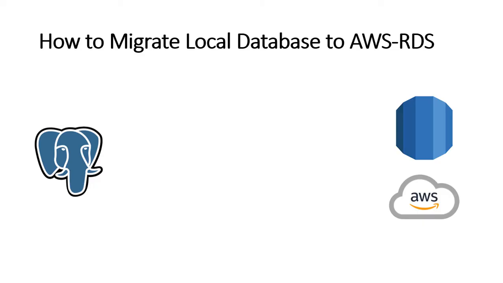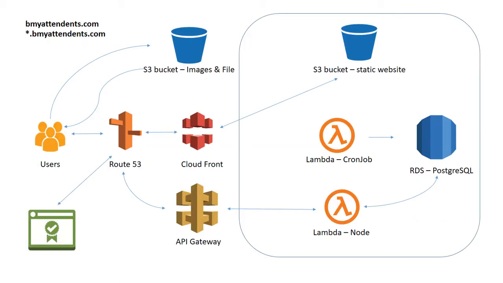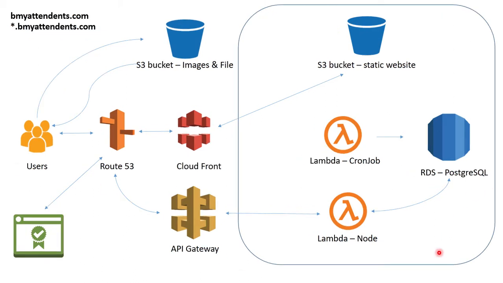In this video, we are going to see how to migrate local PostgreSQL database to AWS RDS. This is the third video of the MEAN stack deployment architecture for AWS. Basically, we are at this step. In the last video, we saw how to deploy Node.js REST API to AWS Lambda function. This video is only about AWS RDS services, and one by one we will see all other services in